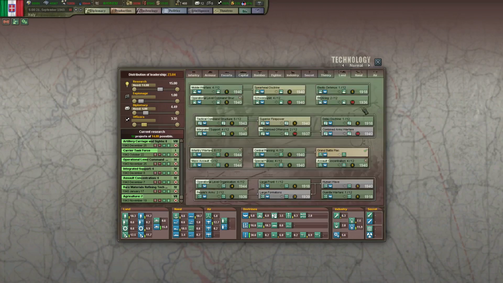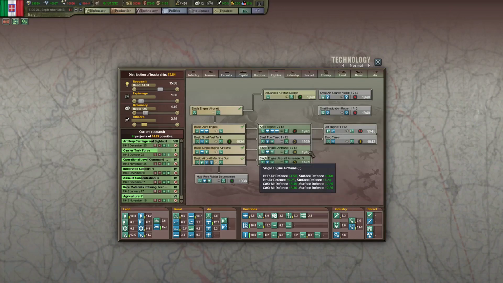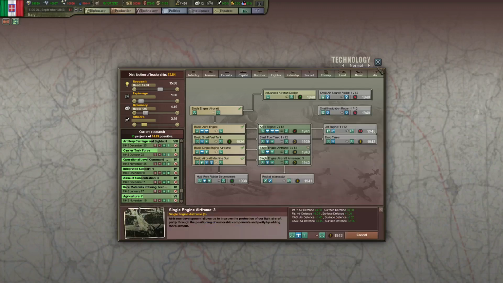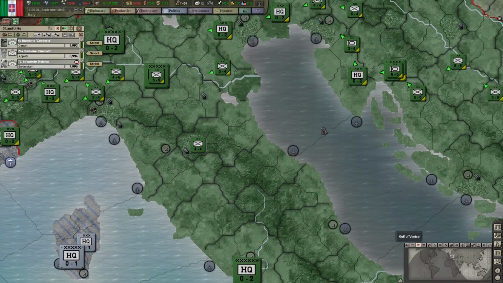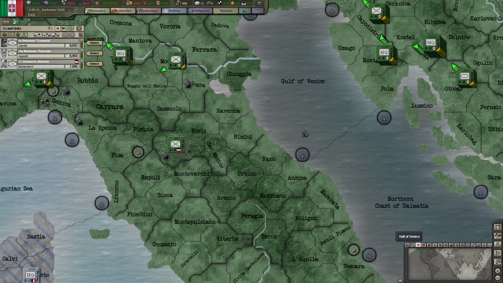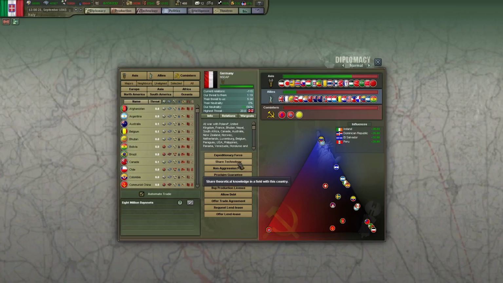Anyway, let's get a couple more land doctrines. Or maybe... Yeah, actually we could work on our fighters again. Yeah, we could work on those again. So let's go for the engine first. That's important. Mobility is the key. Did I? Yeah, I did. Right, so we don't have any more